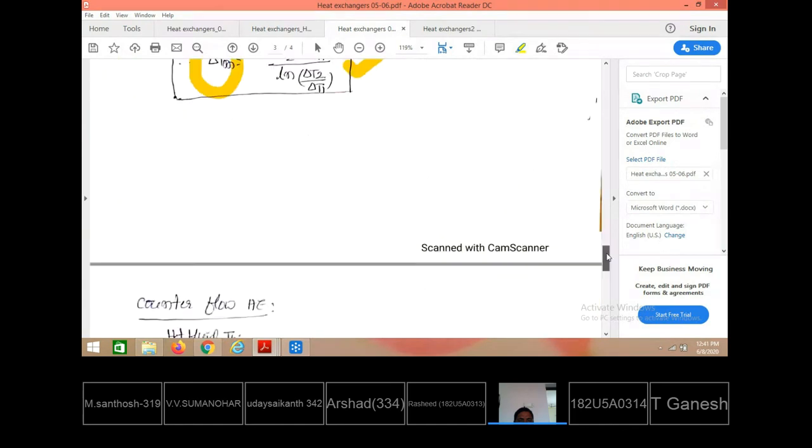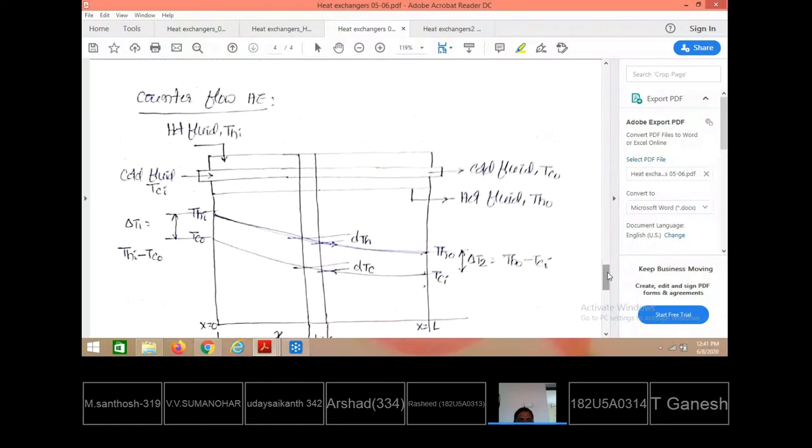Similarly, for the other kind of heat exchanger, the counter flow heat exchanger, the same cold fluid is allowed to flow through the same inner tube, whereas the hot fluid is allowed to enter in the reverse direction. Sorry, I mentioned a different direction earlier. So this must be allowed to enter in the reverse direction.